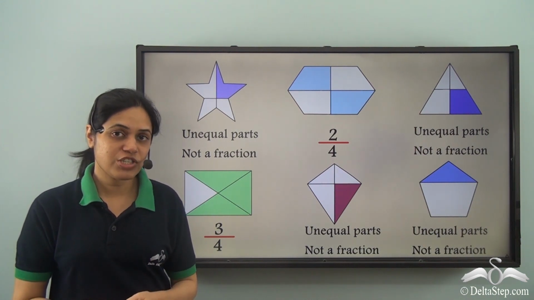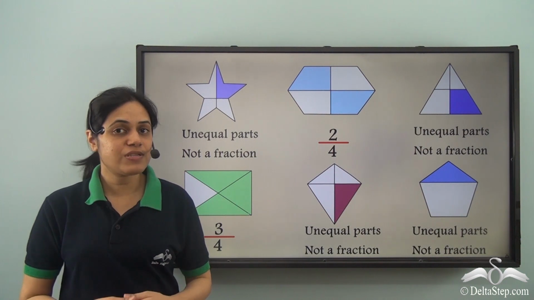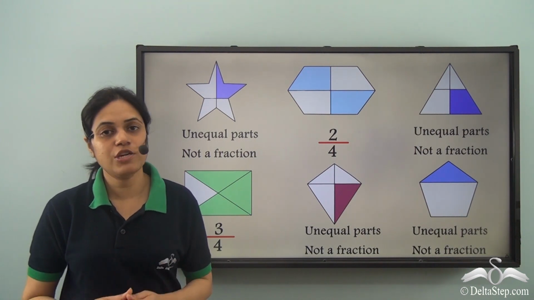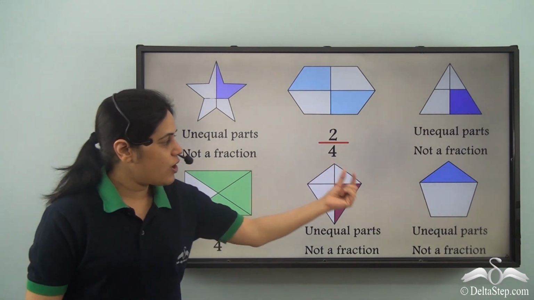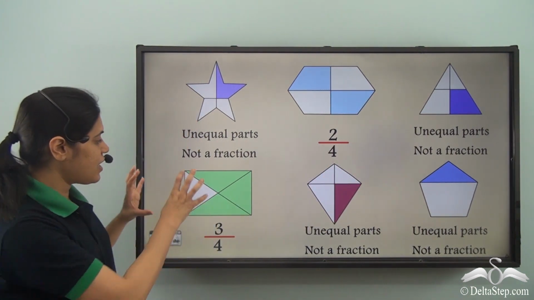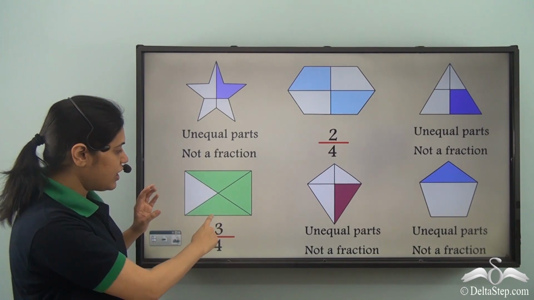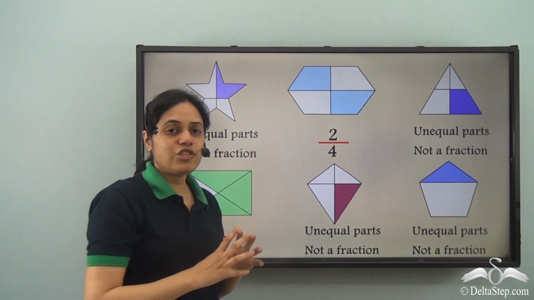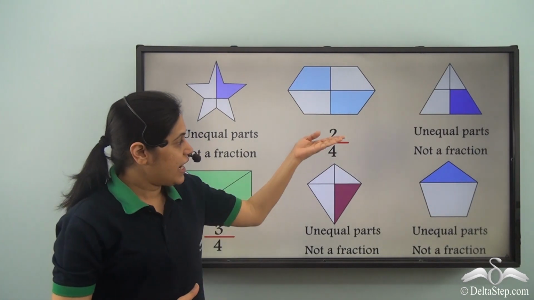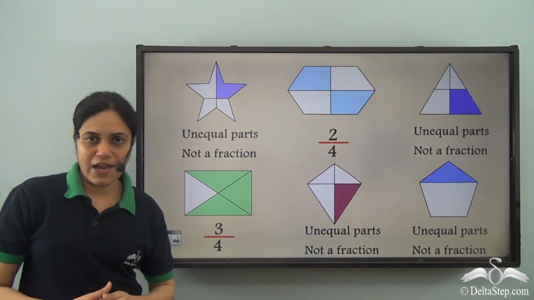So what are fractions? Fractions represent a portion or a part of an entire thing. If you look at these images where you have fractions, you will see that they represent a part. This colored portion is actually a part of this rectangle. This colored portion is actually a part of this shape. And I can represent it using a fraction.